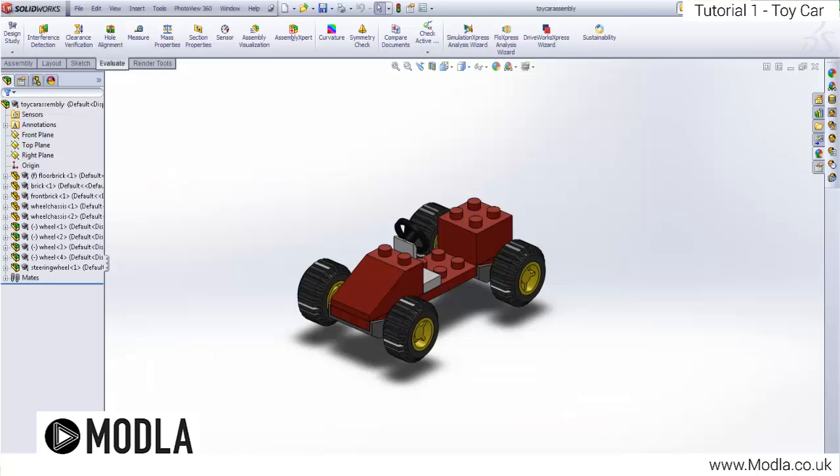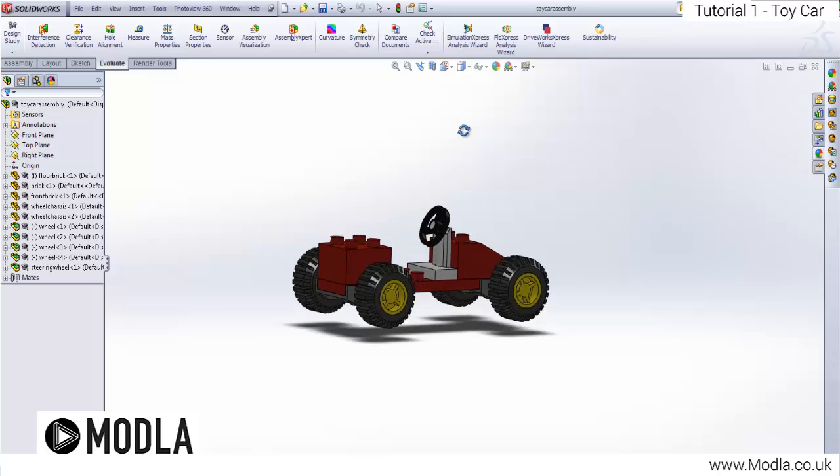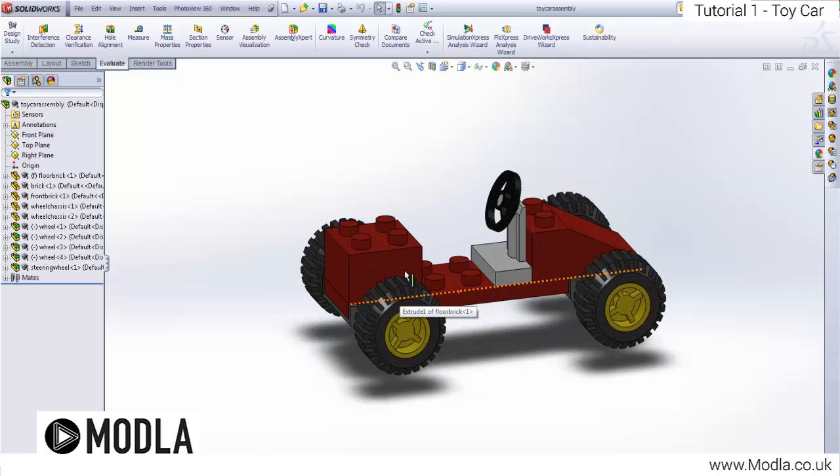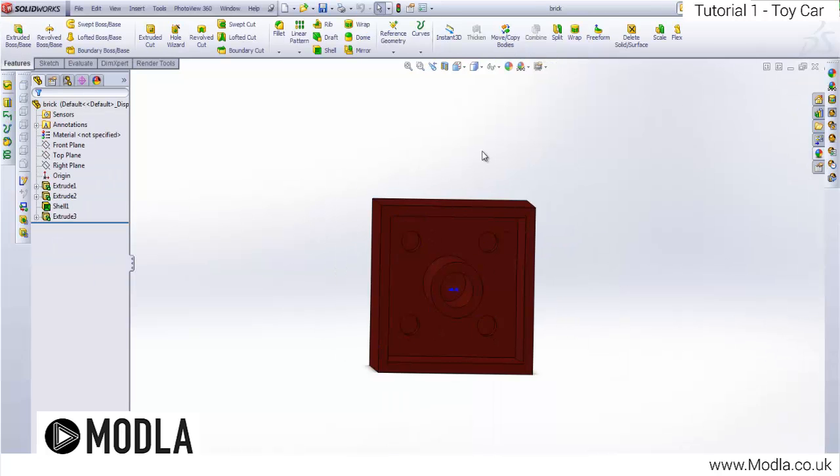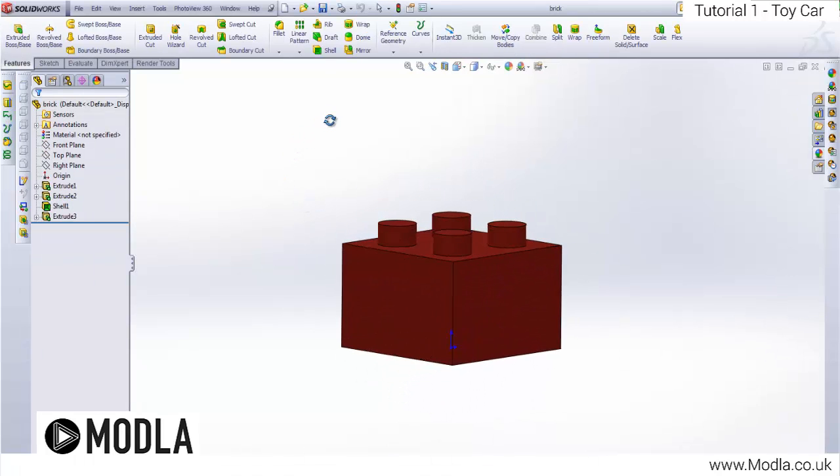Okay, so let's get on with the tutorial today, guys, and we're going to explain a little bit about SolidWorks to begin with, how it works, the user interface, and the way that we can manipulate objects and create objects. We're going to start off, first of all, by creating our first brick, which